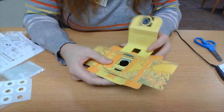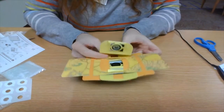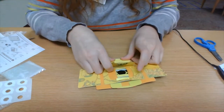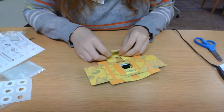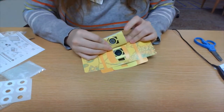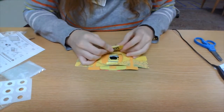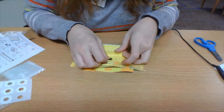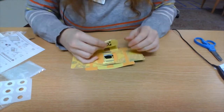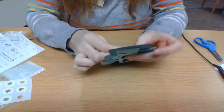You're going to want to notice that there's these 4 perforated lines. So you're going to fold the first one down, the next one down, the third one down, and the fourth one up. When you crease them all together, you'll have something that looks like this. And you're going to go ahead and click this into place. So you'll have something that looks kind of like this,